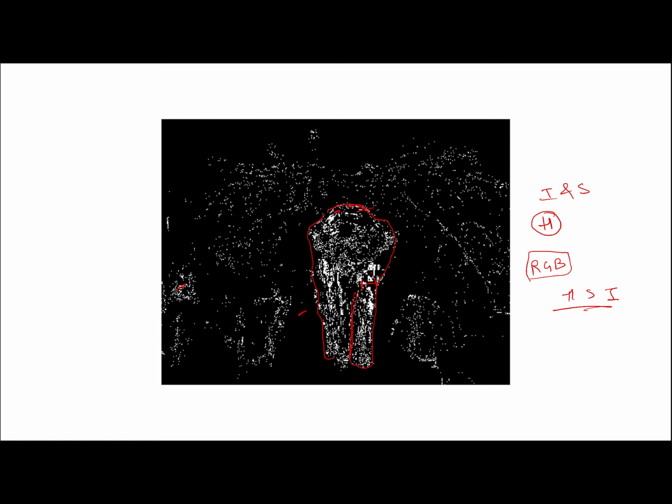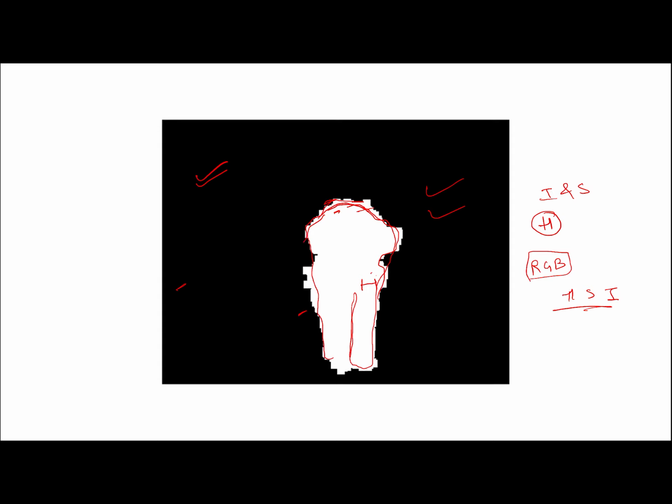Then we apply simple morphology. We apply some dilation, and when we apply dilation, we get this region. Most of the pixels which belong to the elephant are now connected. Then we can segment the largest connected component and ignore the small connected components. So this is the result. Now the boundaries are not very smooth. To smooth the boundaries, we can apply a mean filter, or we can apply opening and closing. So this is the result. Now the borders have been smoothed.